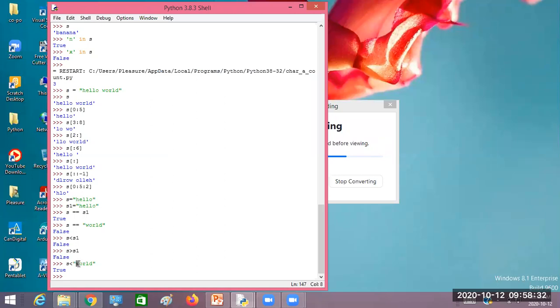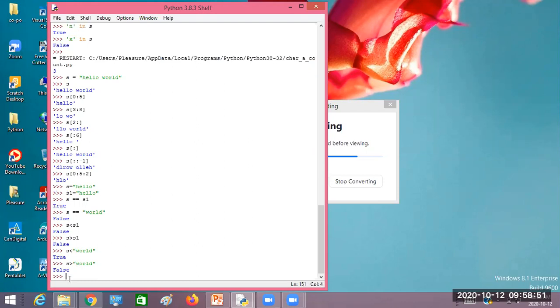If first characters are the same, it compares the second characters' ASCII values, and based on that checks whether it is less than or greater than. If I write s greater than world, it gives false.